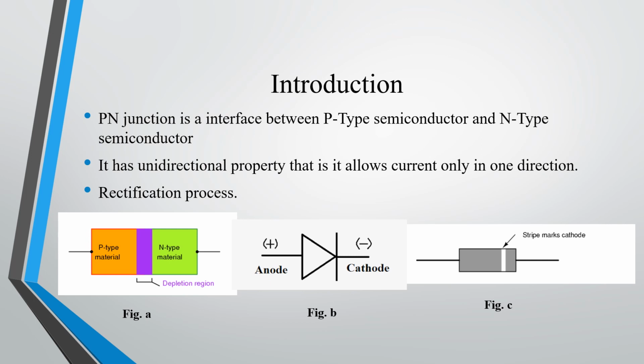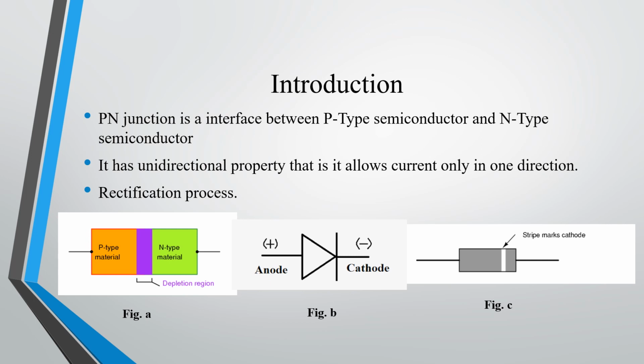So what are the types of impurities which are doped? When pentavalent impurities are doped to an intrinsic semiconductor, it becomes an n-type semiconductor, that is, negative type semiconductor, which will have a majority of free electrons. Whereas when a trivalent impurity is doped to an intrinsic semiconductor, it becomes a p-type semiconductor, which will have a majority of holes. This is what we have discussed in the last session.